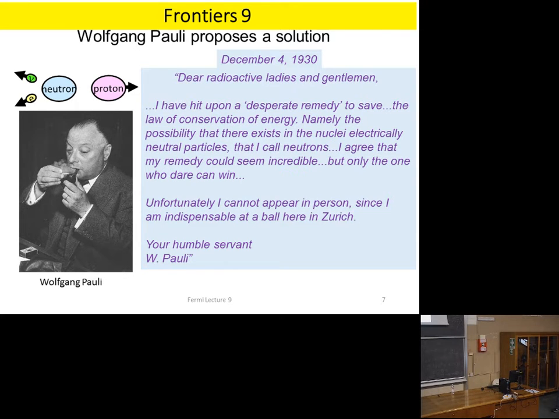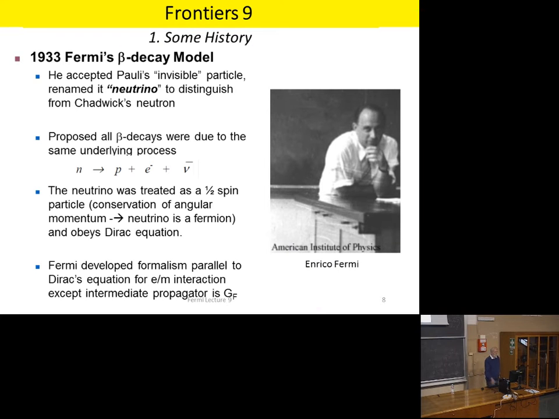That's a misnomer because the neutron was discovered 2 years later and is a different particle. So this is the neutrino, even though he calls it a neutron here, and that would solve the problem that there was yet a neutron or neutrino emitted in the decay of a proton to a neutron and an electron and a neutrino. So, of course, that was discovered